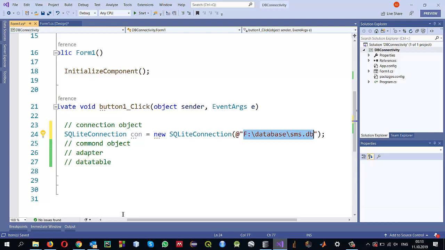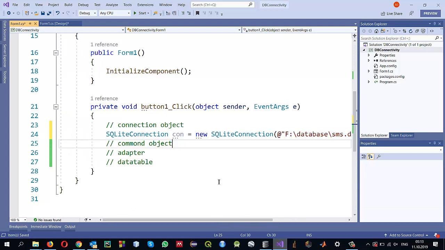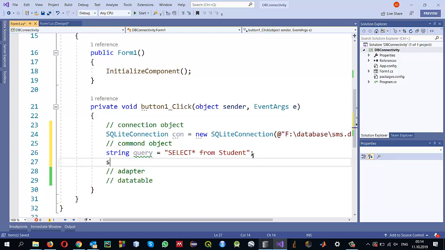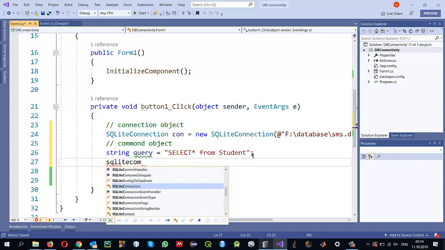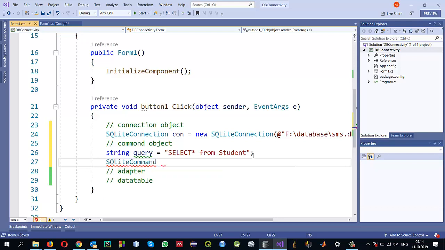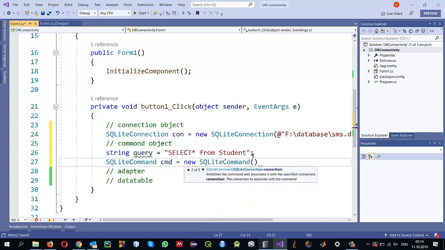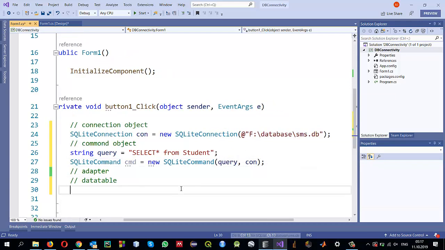Now once we create the object of the SQLite connection, we need a command object. What does this mean? It means what query we want to execute. So in this case, I created a string query and we want to execute this statement, select star from students, because we want to get all the students in the data grid view. And now we will create the SQLite command object. This command object is created using new SQLiteCommand, and we are telling it that we want to execute this query. There are different parameters, so I provide two parameters here. The first is the query that we want to execute and the second is on which connection we want to execute,